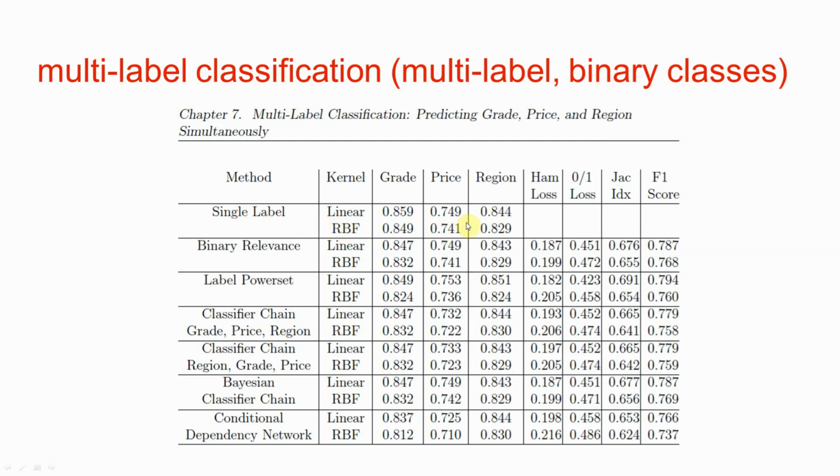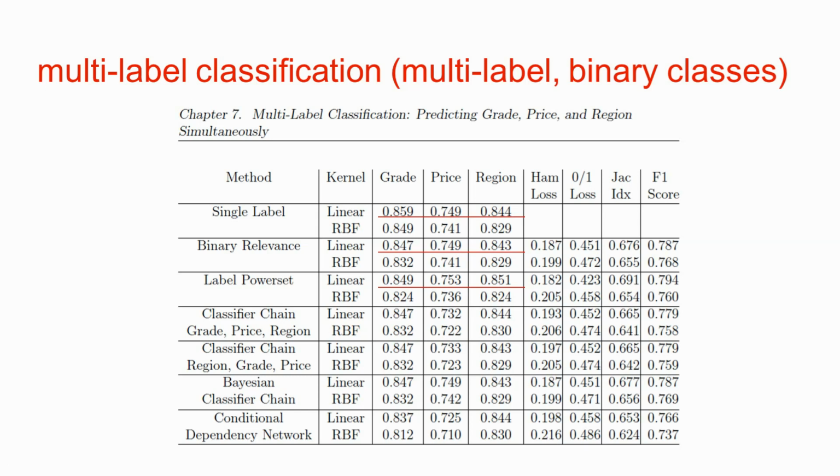So this is what we did previously, which is not considered as multi-class, multi-label. We just put it over here to look into the binary relevance. You can see that the 2 values are almost the same over here. And then the next one we're trying is the label power set, which is the one where we generate all possible classes. And we try to look into their grade, price, and region predictions. And of course, if we consider the Hamming loss and 0-1 loss, you can see that the label power set actually performs better than others, because we do have some information being included in terms of the